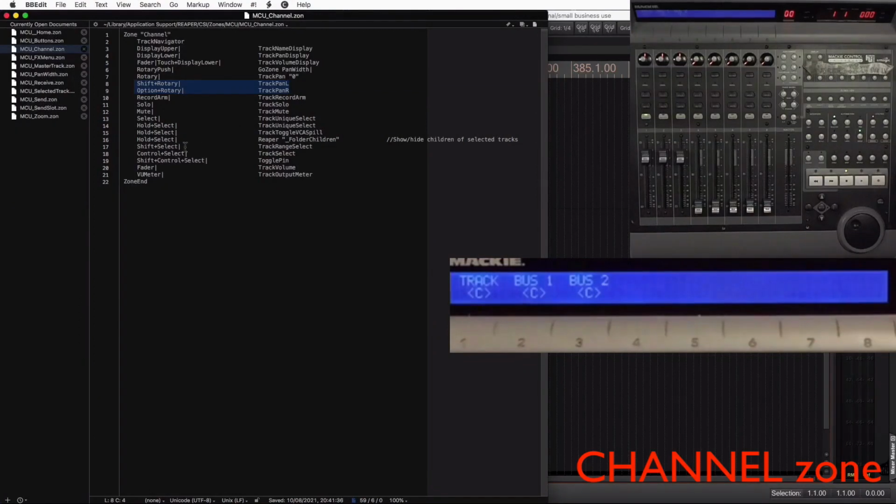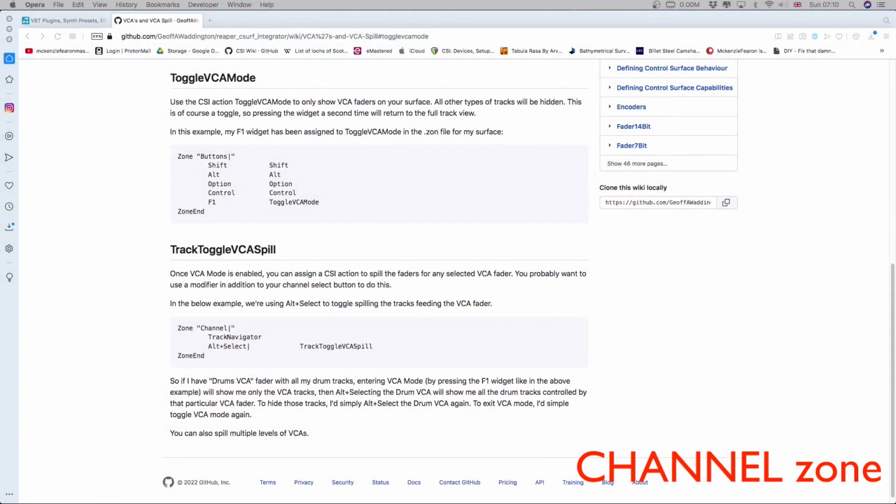The hold feature will give you an alternate action if you hold a button down longer than a second. "Show hide children of selected tracks." I assume the inverted commas are a guide of what you might put there. It's not actually an action. It didn't work for me if it is. "Toggle VCA spill." I don't actually use VCAs. If you do use them, on the wiki page there's plenty of information of how you can use modifiers to